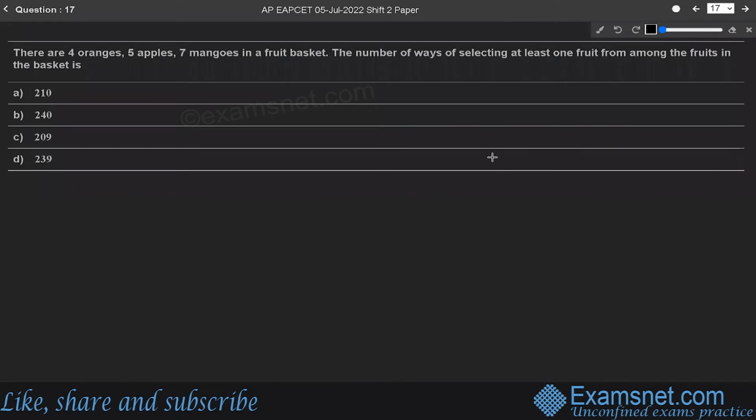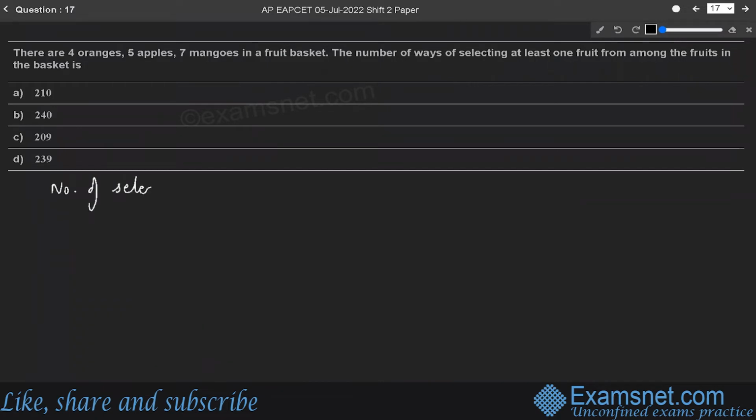Next question is, there are 4 oranges, 5 apples, 7 mangoes in a fruit basket. The number of ways of selecting at least one fruit from among the fruits in the basket is? You know that in selection of fruits, fruits of the same type are treated as identical. Therefore, number of